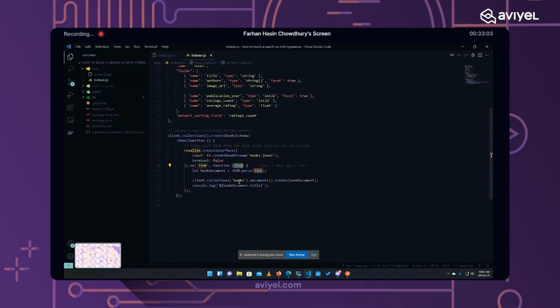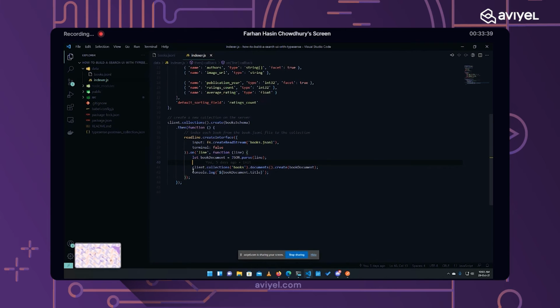Readline will open this books.jsonl file, read each line from that file and put it inside the line variable or parameter. Then we can use JSON.parse to parse the book data from this line and put it inside the book document. Now that we have parsed JSON information in our hand, we can hand it over to TypeSense.